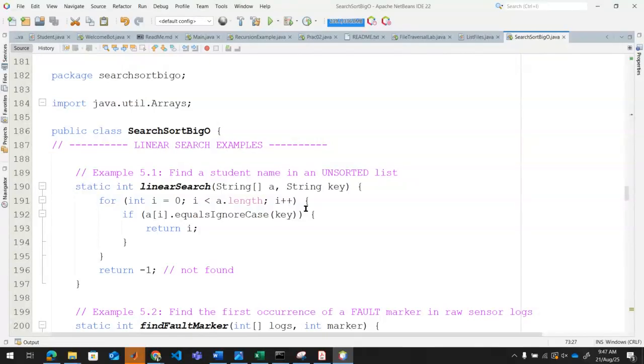And within that single loop, we are saying if it equals the key, and you can use equals, the keyword, or you can use equalsIgnoreCase. The ignore case gives you a much better option because it ignores whether it's uppercase or lowercase and just searches for the words itself. And once you're done, it returns i, or returns -1, or whatever you want to return to signify that it was not successful, right? If we run this, you will see the output